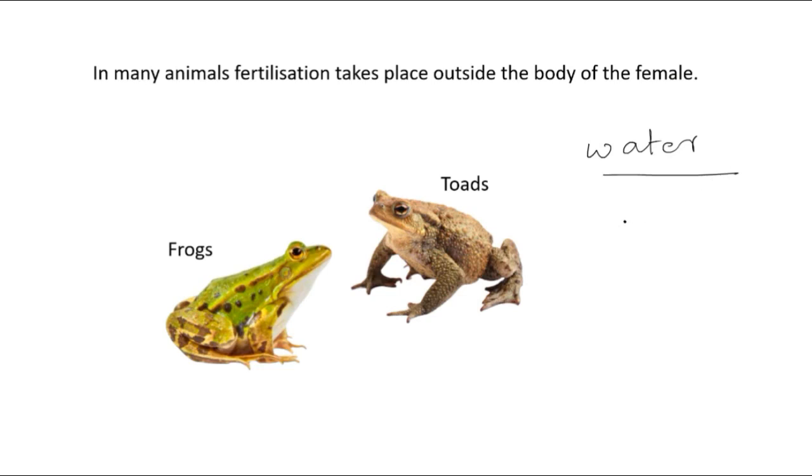Or those organisms that live in water as well as on land, which we call amphibians, such as this example of a frog as well as toads. They look similar but they are quite different. Toads have shorter legs and a rough skin, and that is the main difference between a frog and a toad.